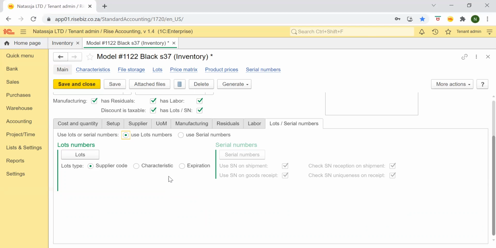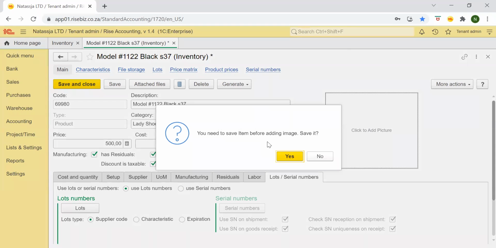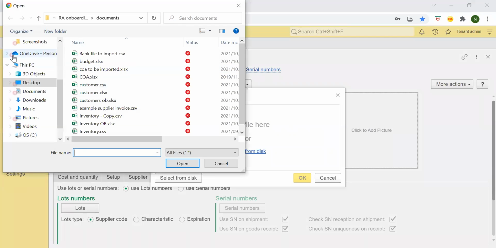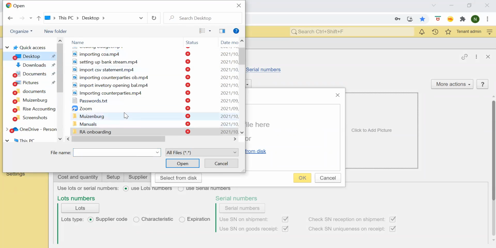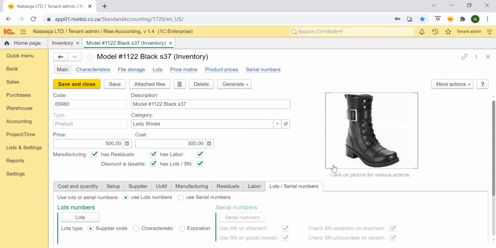Okay? All right, then we can also add a photo of your product. And to do that, just click on Add Picture. You can just say Save. And I can select my picture from anywhere in my desktop, wherever it is. And I'll just say, okay, there you are. I'm manufacturing these leather boots with that reference. All right,